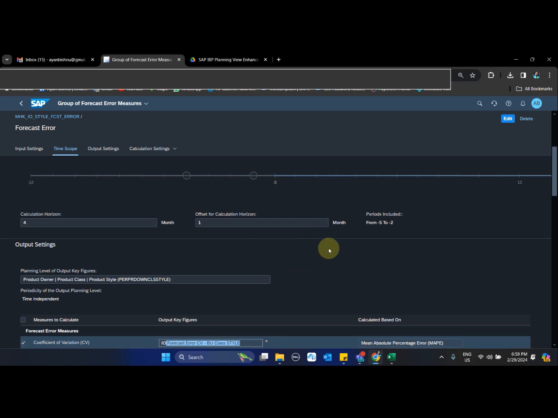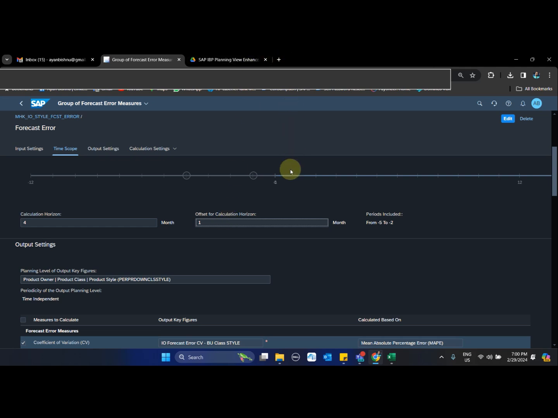Here if you see, the horizon that I have taken is such that this calculation happens in the past. So I have taken 1 month with an offset of 0. That means generally in the current month you don't get proper sales history updated.